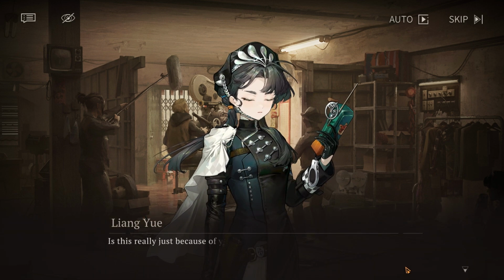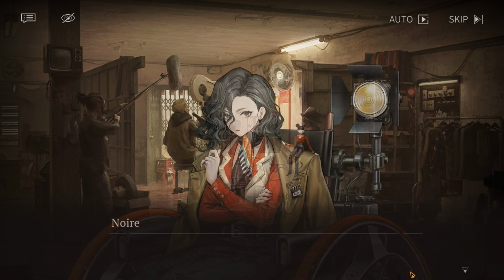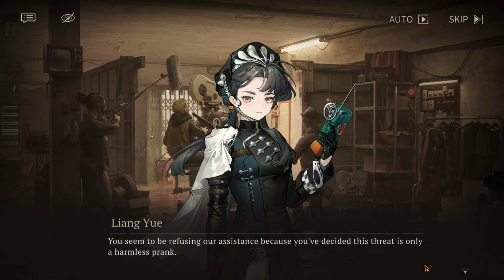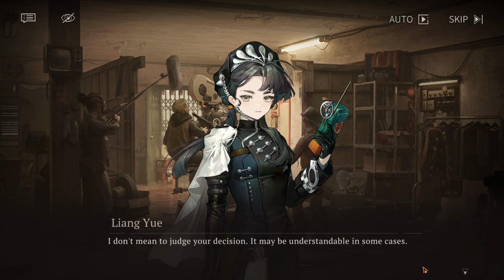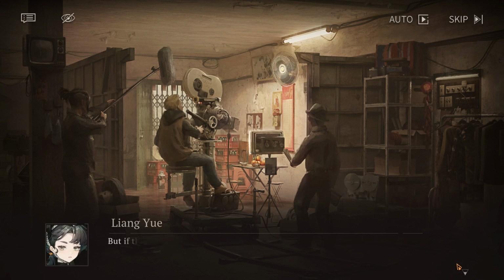Is this really just because of her movie? Noir has already begun to turn her wheelchair away, but Liang stops her in her tracks. Pardon me? You seem to be refusing our assistance because you've decided this threat is only a harmless prank. You've decided that it's worth the risk to focus on your film. I don't mean to judge your decision. It may be understandable in some cases. She moves closer, lowering her voice as she leans in to deliver the next sentence in a hushed voice. But if this threat is not just a prank, if it is serious...